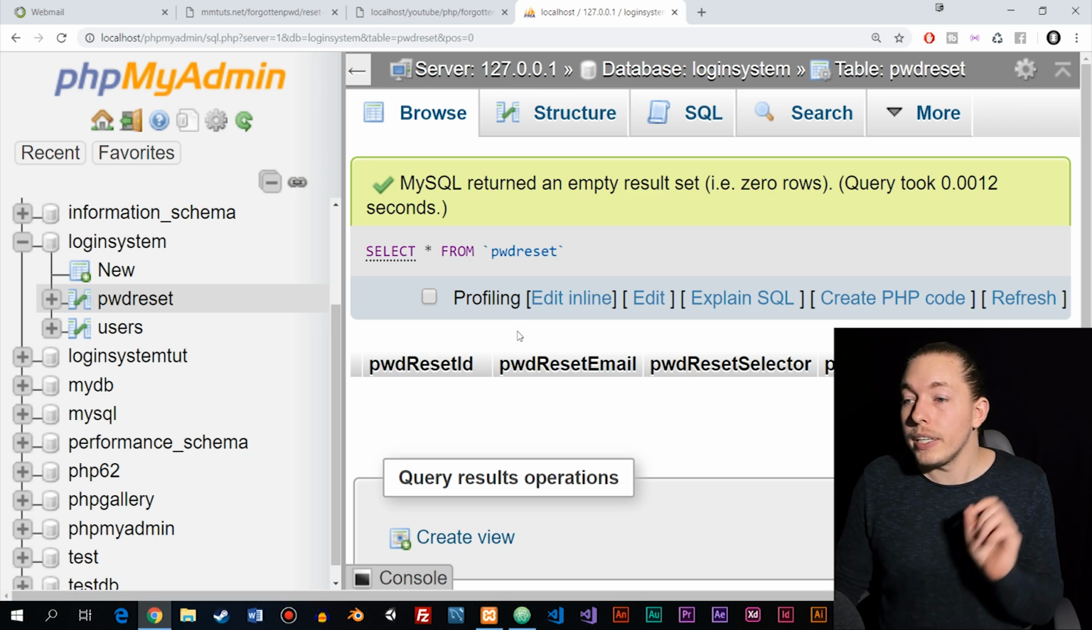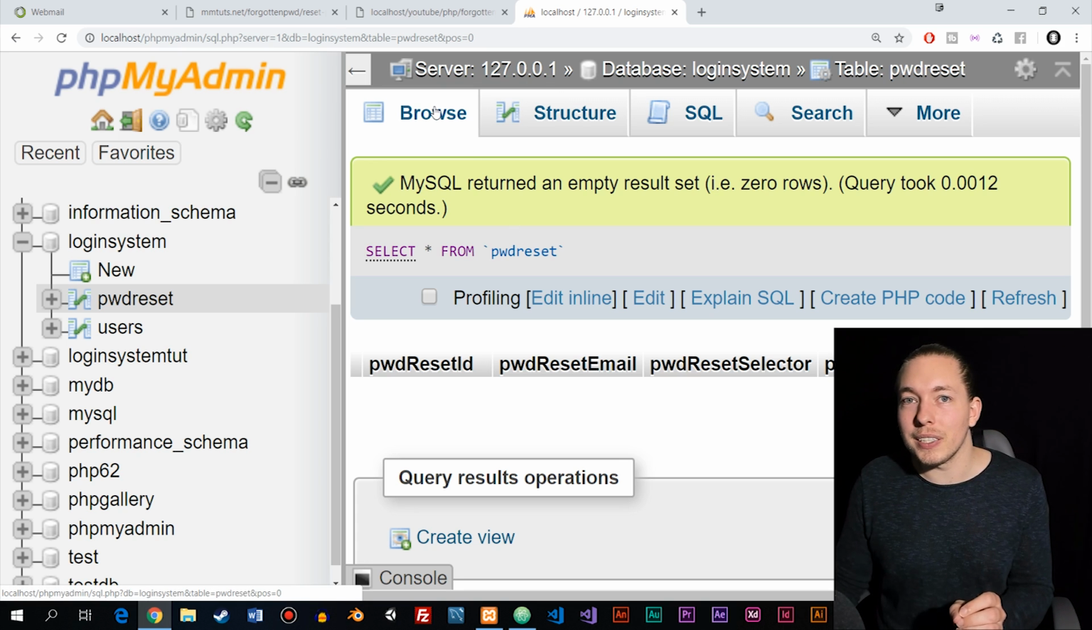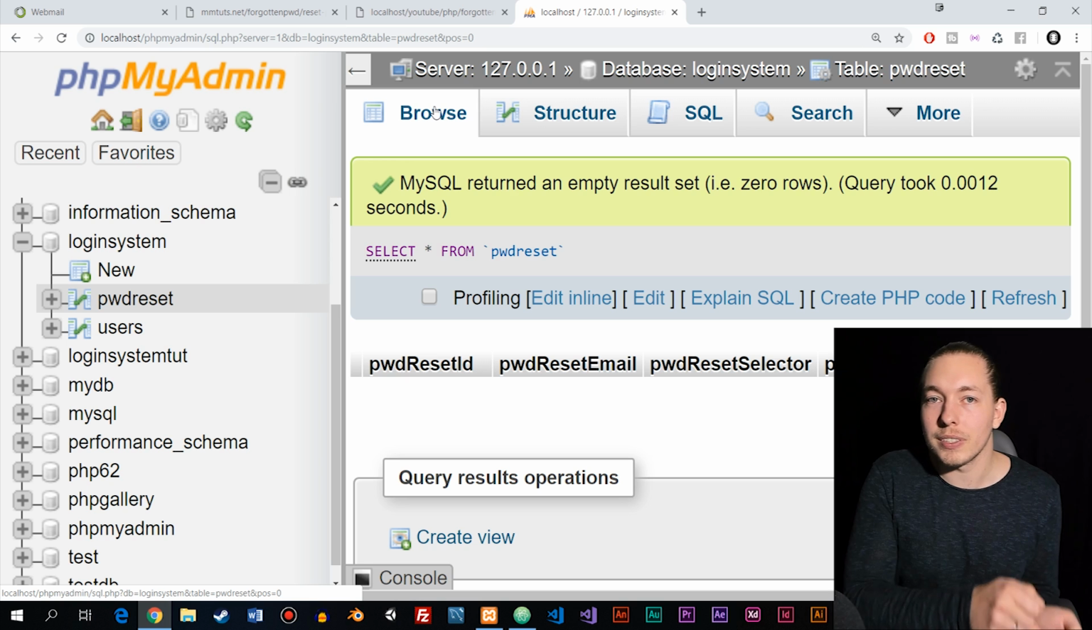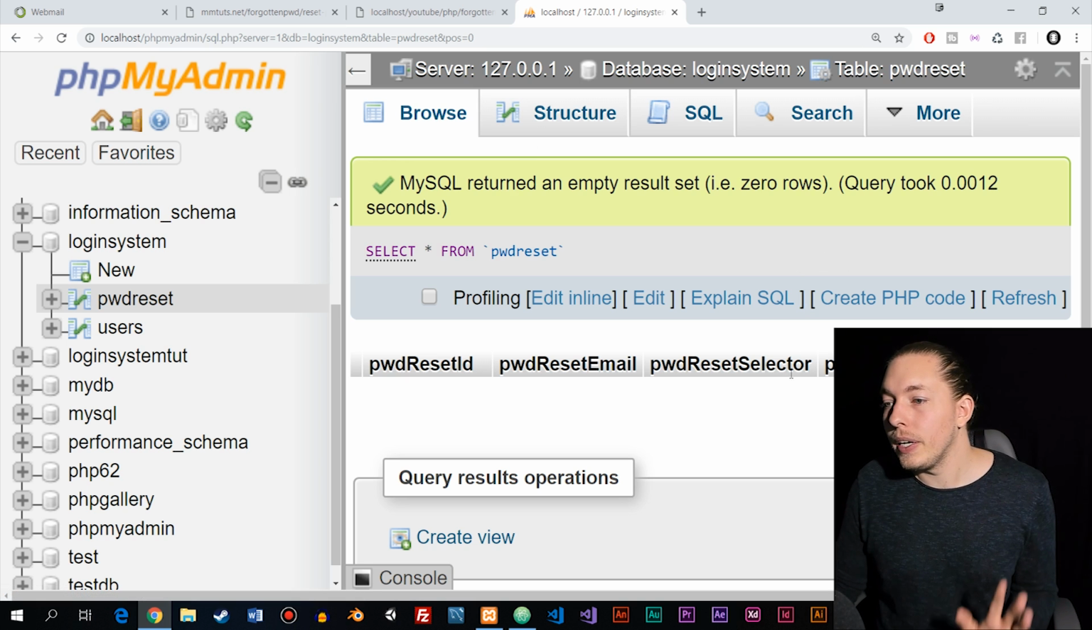Now, when you upload your website to an online server, make sure you export the database and import it into your online version of the database server. Make sure you do that. So